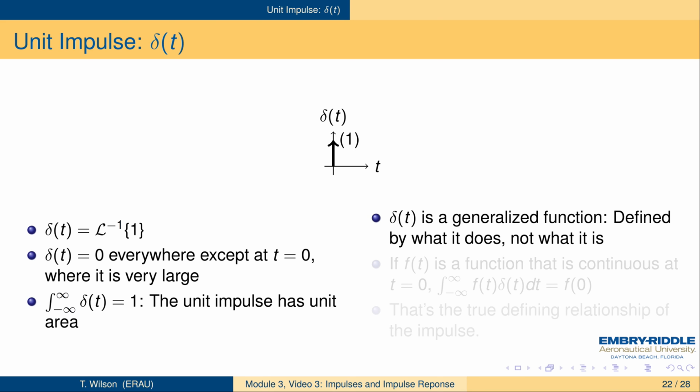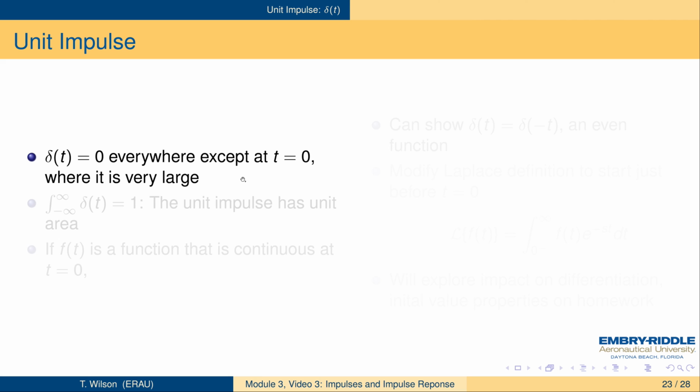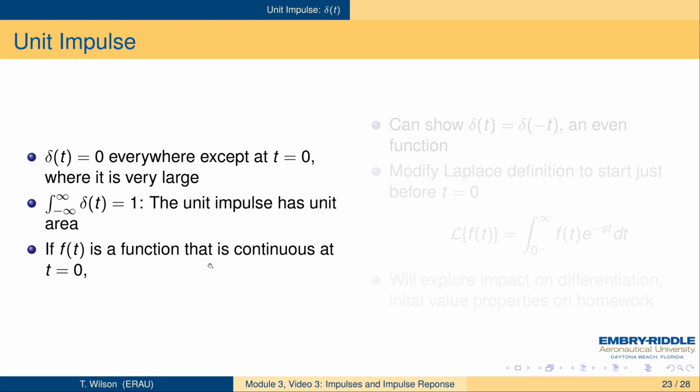It's not something you assign values to, but it has good properties. And that is, when you multiply it by a continuous function and take the integral, it picks out the value of that function at t equals 0. And those properties together are the true defining relationship of the impulse. It's 0 everywhere except at t equals 0, and it's very large there. It has a unit area over all times, and it's if the function is continuous at t equals 0, and